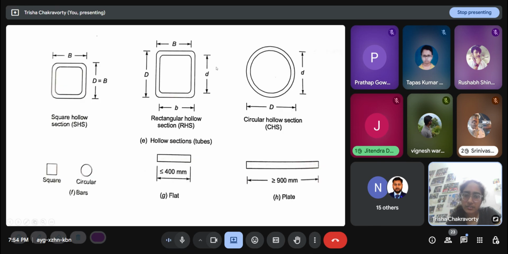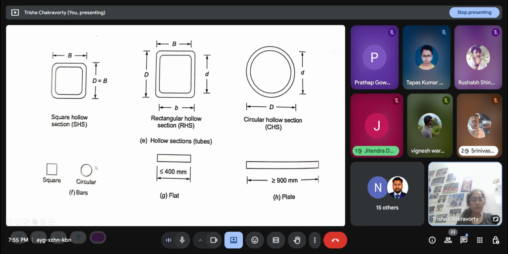This is a square hollow section, rectangular hollow section, circular hollow section. These are bars. Now these are solid sections. The last three: bars, flats, and plates. These can look like concrete sections, but one thing is that steel sections like steel bars and flats have dimensions much smaller than concrete. In concrete, I think the minimum dimension of one side of a column is 300 millimeter. But here the thickness will barely be 10 millimeter, 15 millimeter of that order, and even 900 millimeter is too much for this, and the thickness will be very less here. And these flats, these bars are also very thin bars.